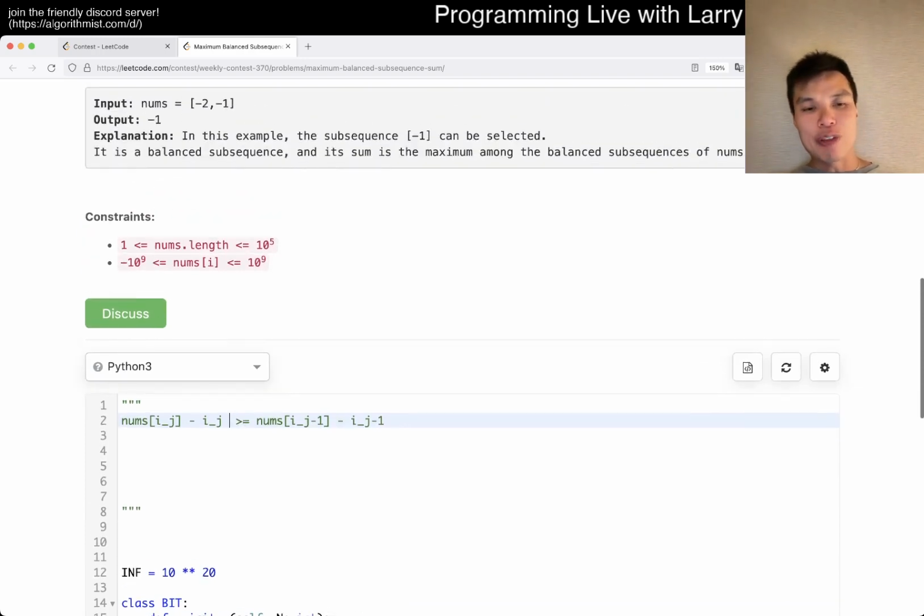And this allows you to basically focus on each number by itself. So now you don't have to worry about two numbers and the relationship to each other, right? And basically, n is 10 to the fifth, so you have to do something like this because obviously n squared is going to be too slow. So once you index this, this is literally